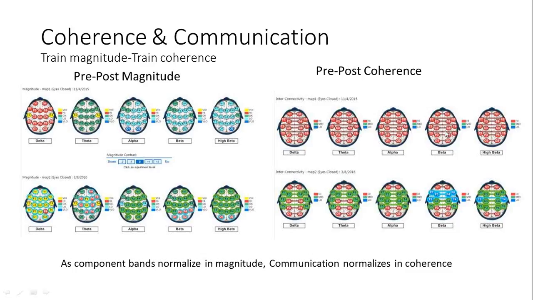It's hypercoherent all the way through. So there's too much communication. This is a brain that's distressed, that's trying desperately to communicate within networks to maintain function. Then if you look at the post-coherence, you can see, look at all those green areas. So you can see that as the brain normalizes, that desperate communication ceases and we get more normal function. Although you notice here in the beta frequencies, we've got a lack of communication, which is probably just a general reflection of what's going on. There's too much inflammation with all that delta.